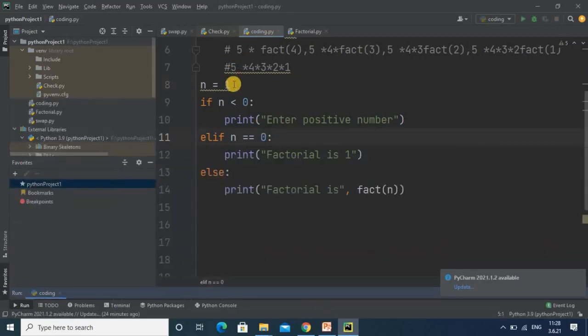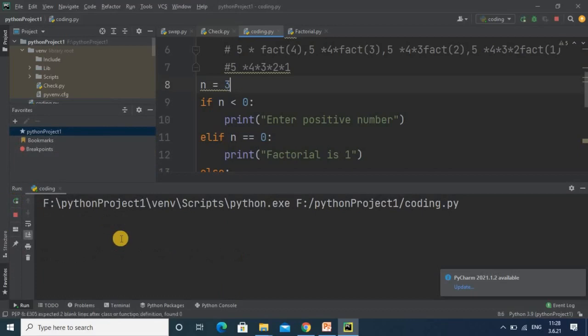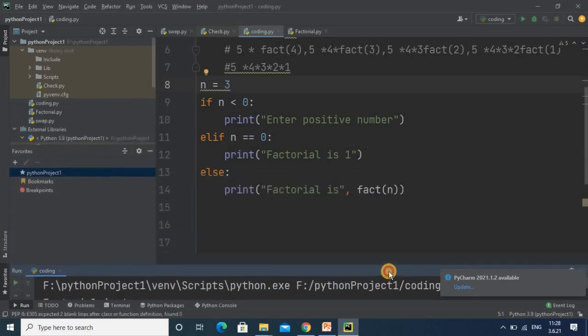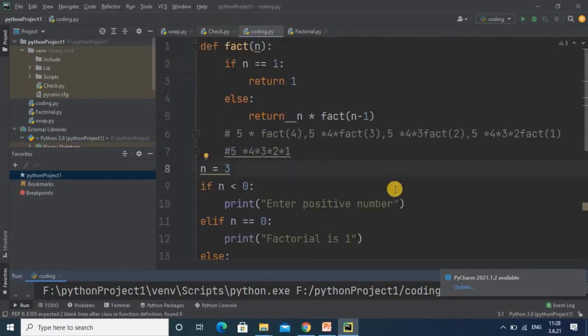You can observe I just changed the value again. For number 3 it is 6. In this way this recursive procedure works for the factorial. I hope, dear student, you understood this coding and you have to practice this. Thanks for watching this. Thank you.